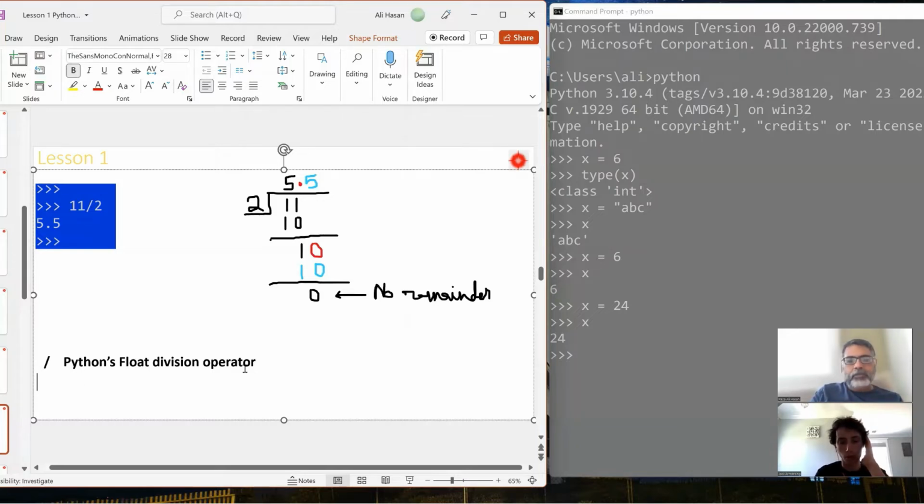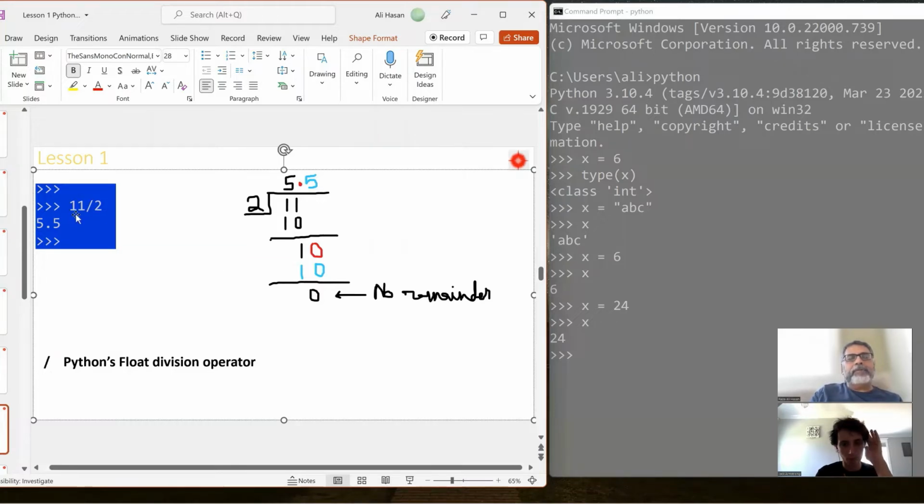If you have 2, then that's Python's integer division operator. Okay, but in this slide, we're dealing with the float division, which means that this